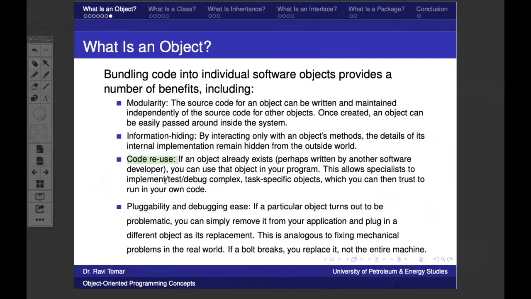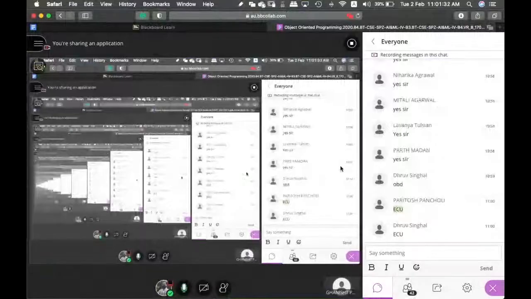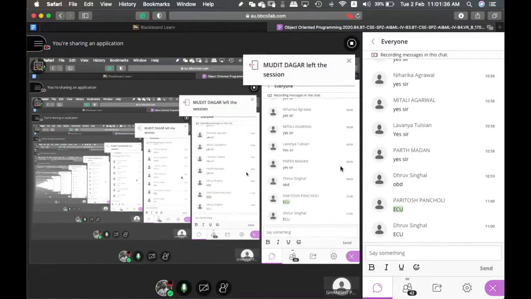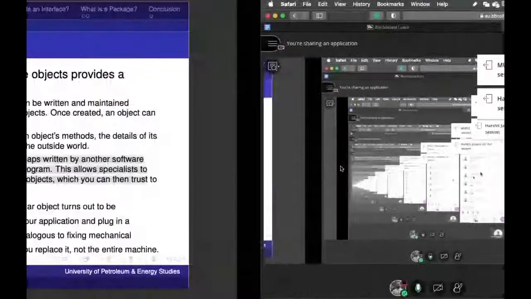Two more things. Code reuse. Code reuse basically means if someone has written the code already, you can just extend it. Something will come later like inheritance also, or maybe the ready-made object. You can again make some changes inside it. So that is also provided with the help of an object. You can reuse the code. If there is already a capacitor available and you want to enhance its energy efficiency, you just have to get the previous code and implement new things inside it. You do not have to write from scratch. That is your code reuse.